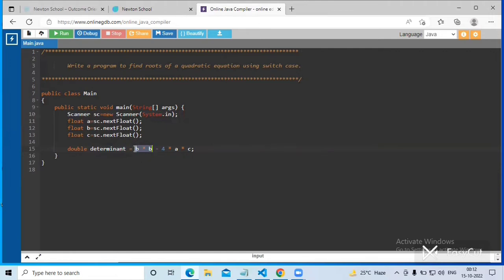You can take the power function as well to calculate the square of b. Okay, after calculating the determinant,